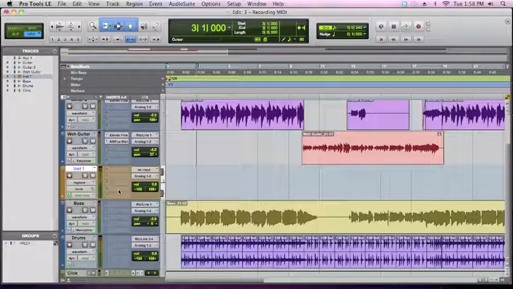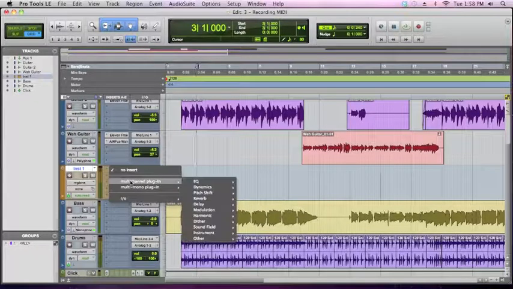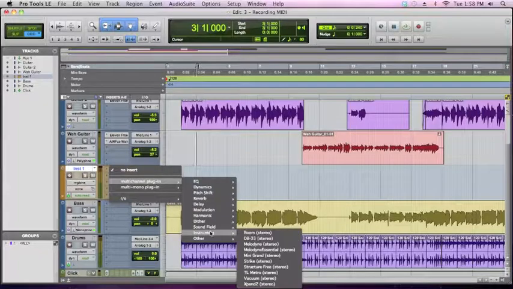And what I want to do is lay down a couple of parts. I want to show you how simple it is to do this in Pro Tools. When you bring up the instrument track, make sure you can see the inserts. And the first thing you want to do is choose an instrument. So I'm going to choose the first empty plugin insert. And I'm going to come over here to instrument. And I'm going to take a look at the instruments available to me. And let's pull up